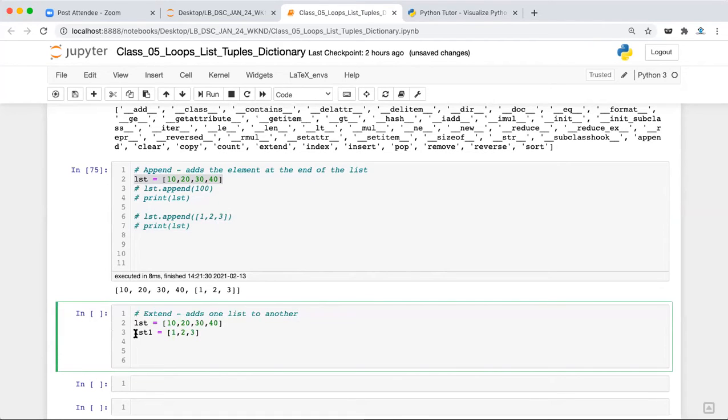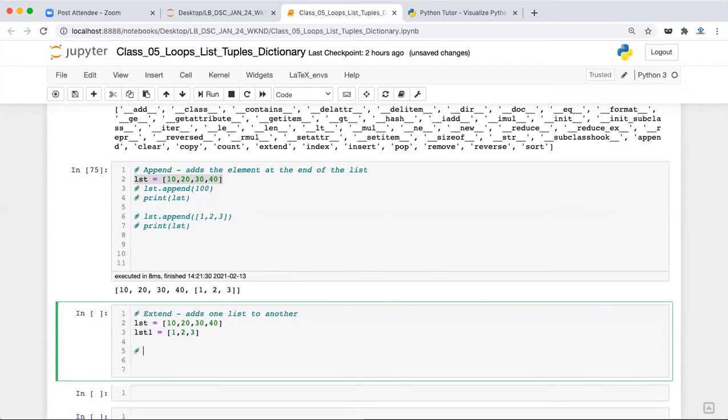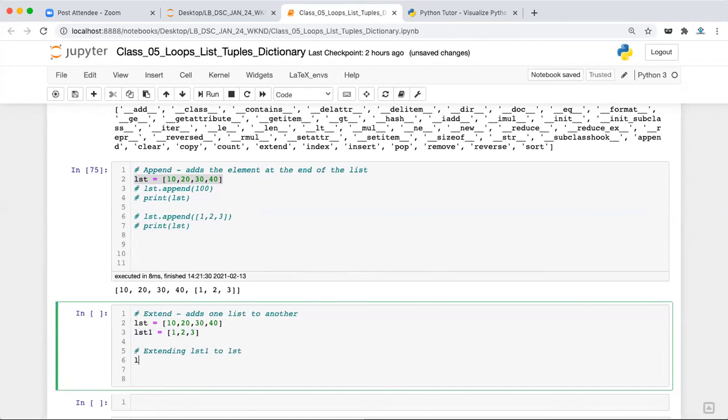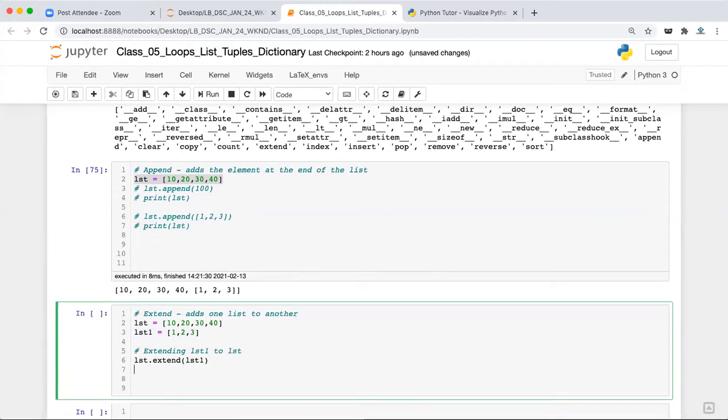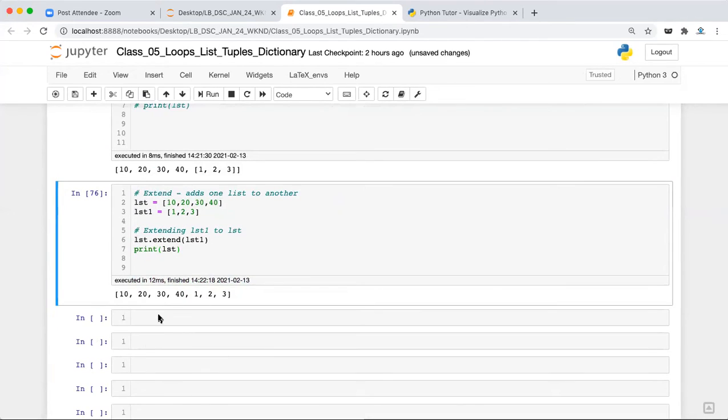If we want to extend lst with lst1, we will write lst.extend(lst1) and print lst here. Execute this. It will show that all the elements from lst1 are added individually inside lst. Okay, so this is the extend method.